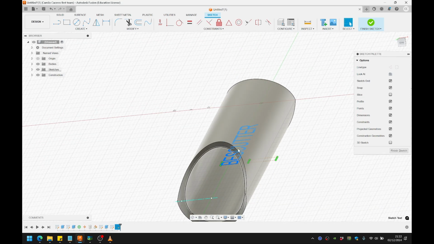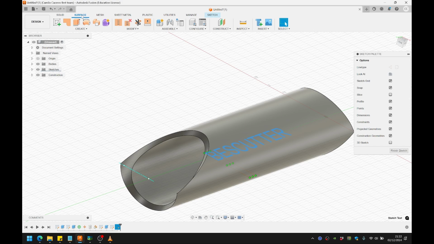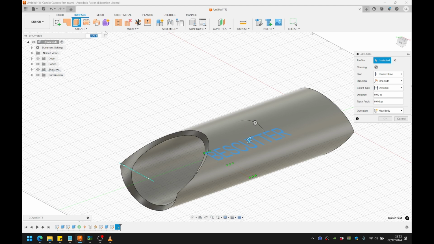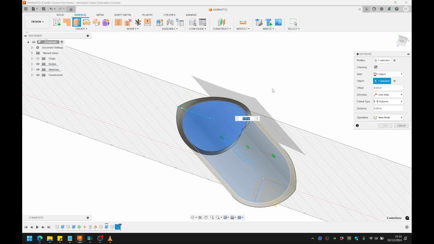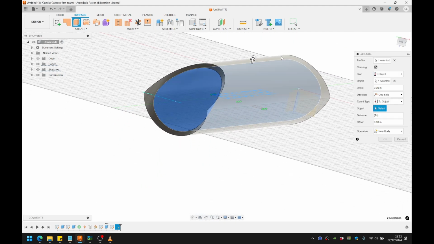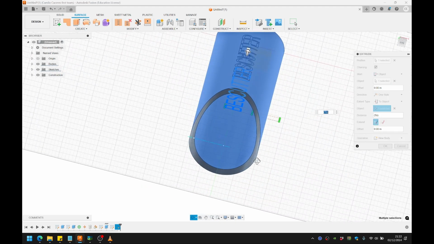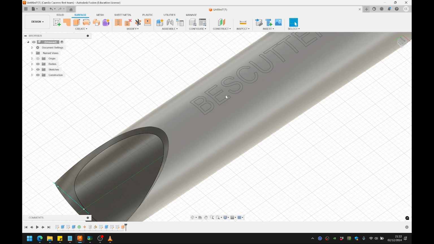Now you want to extrude this text in order to project it to the surface. You want to extrude that as a surface, so extrude it here in your surface tab. The start point will be from an object, so my object will be the inner face. Just click it, and then the extent type will be to an object, so let's make it to the outer face. Okay, so just like that. Then okay, now my sketch is right here projected,